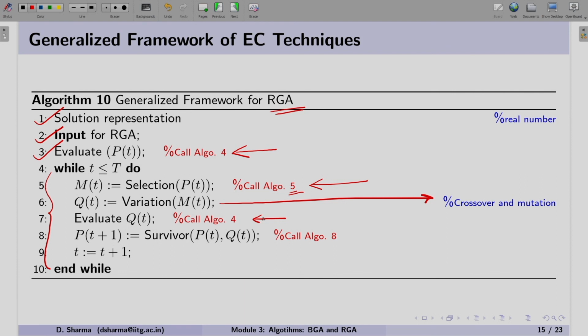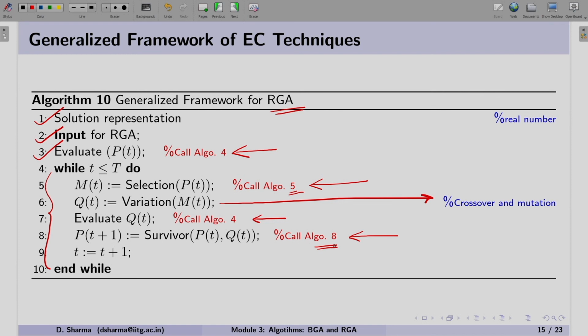So again we will be calling algorithm 4 which we have discussed earlier, and then in step number 8 we have to perform the survival stage. If we are using the mu plus lambda strategy, we can directly call our algorithm number 8, so that our sorted population based on the fitness can be copied.